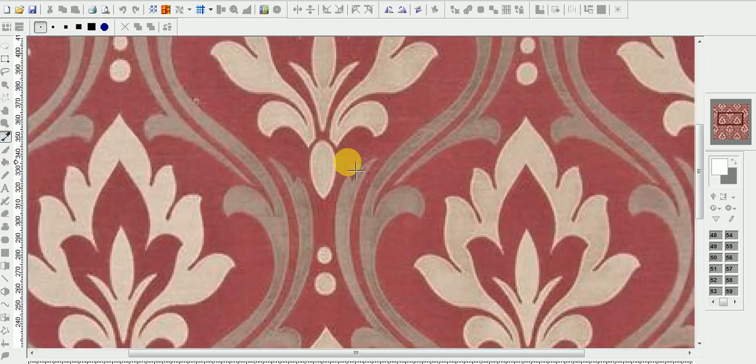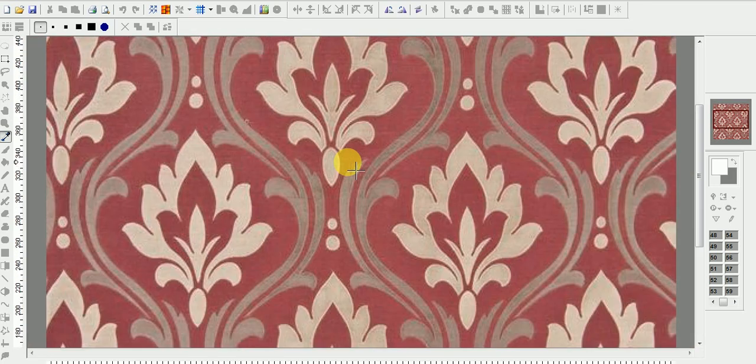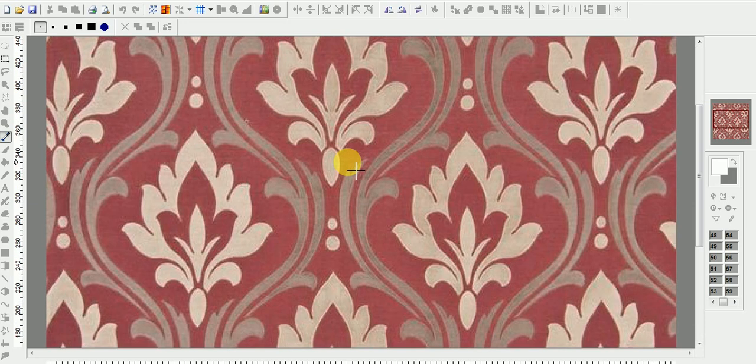This image has multiple colors, but in Texel we have a limit of colors, because we are making jacquard designs in this Texel software, not printing designs. This is not suitable for printing. That's why we reduce.